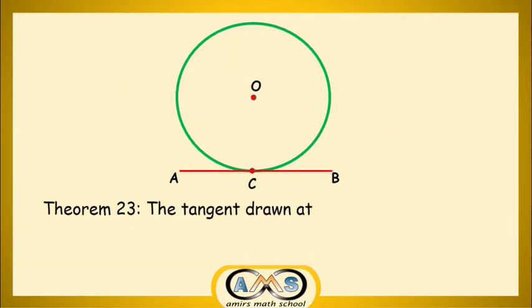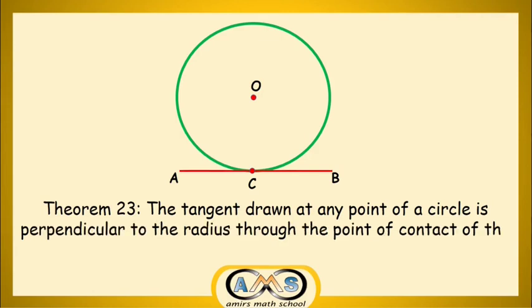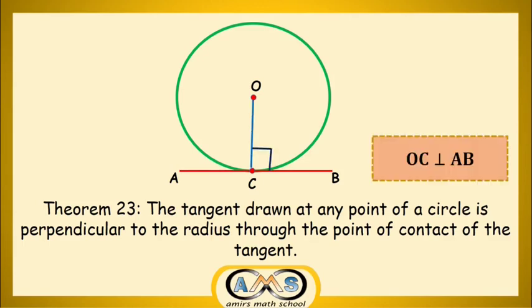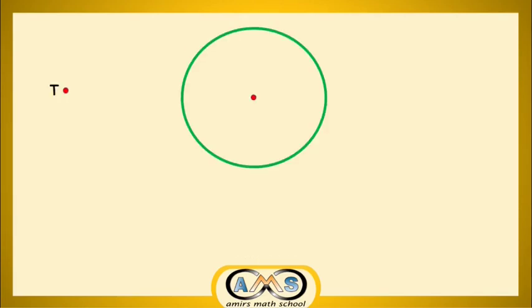Theorem 23. The tangent drawn at any point of a circle is perpendicular to the radius through the point of contact of the tangent. For this tangent AB, the point of contact is C. If we draw any radius through this C, that will be perpendicular to AB. That is, OC is perpendicular to AB. And T is the outside point for this circle,